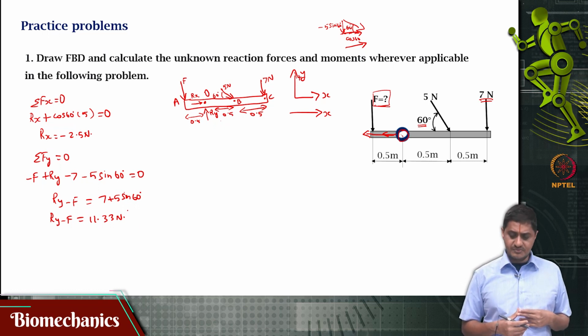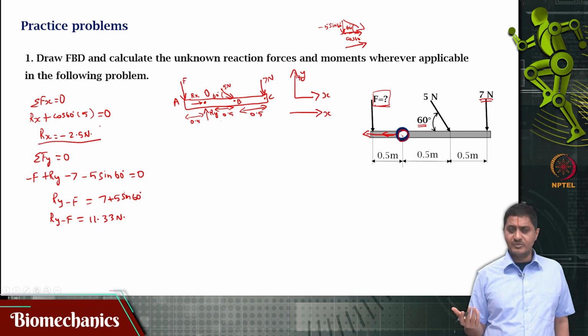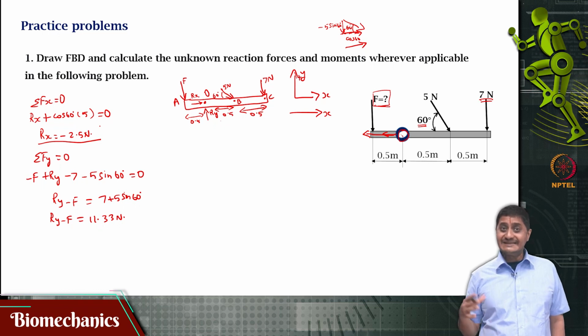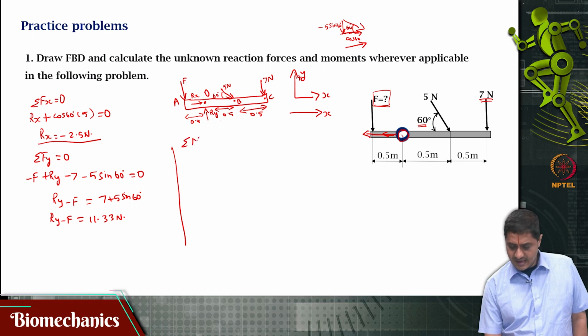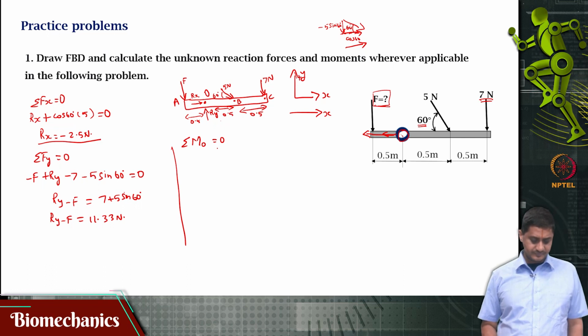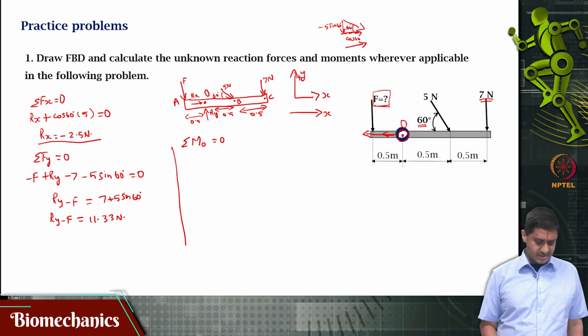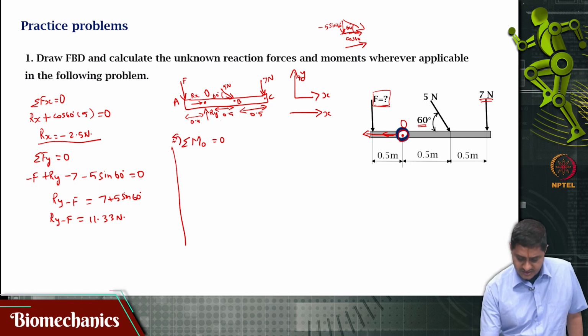I do not know how to find it, because the previous equation is in Rx. That is not very helpful for me, because there is no Rx term in this. So, that means I have to write out the third equation of equilibrium, which is sigma M about O is 0. This whole thing can rotate, and I am taking moment about this point O, right? Counterclockwise is considered positive. If I consider that, then that would be